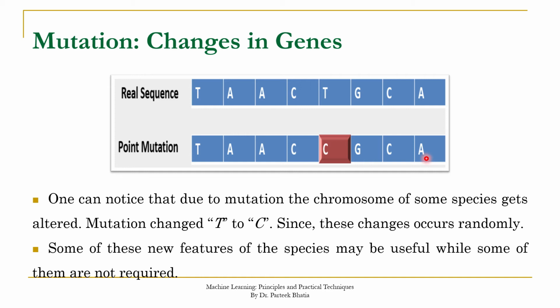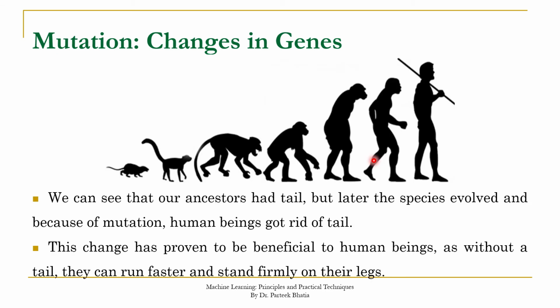In the same way, we wish to have mutation in our genetic algorithm to add new features to our populations. Because through the process of recombination, only the features are swapped between the parents. No new features are generated through recombination; only swapping occurs. But through the process of mutation, some genes can mutate or change randomly, and in this way we are able to generate new features. Through this process of mutation, actually we all evolved and we were able to get rid of our tail through this process of mutation only.